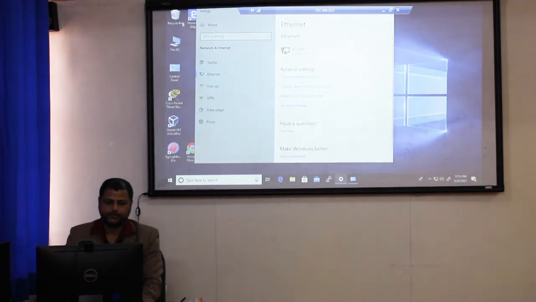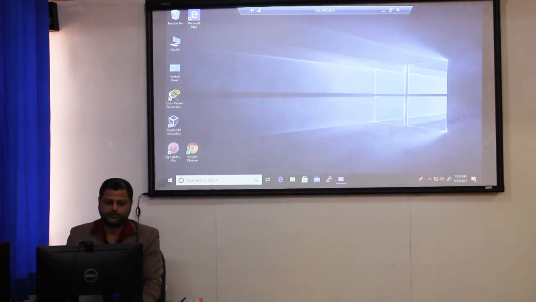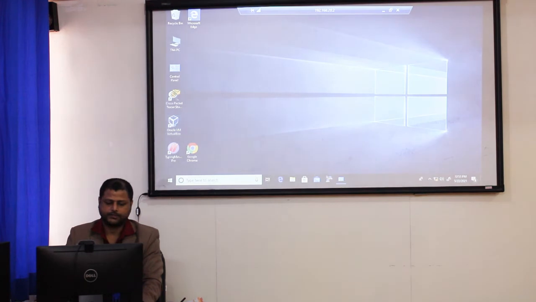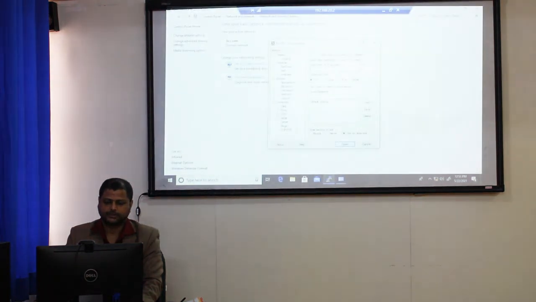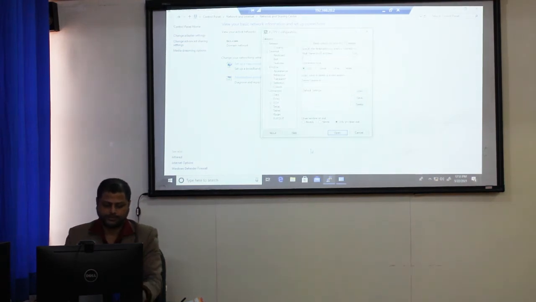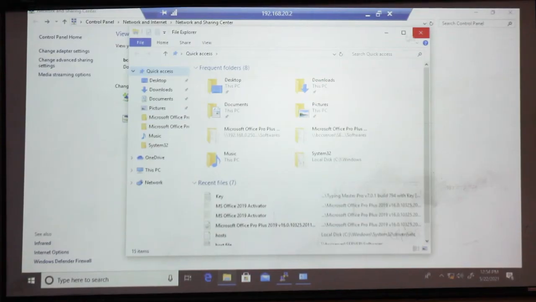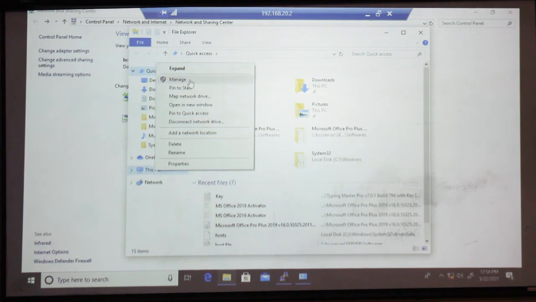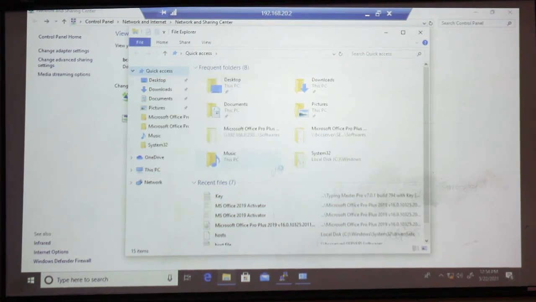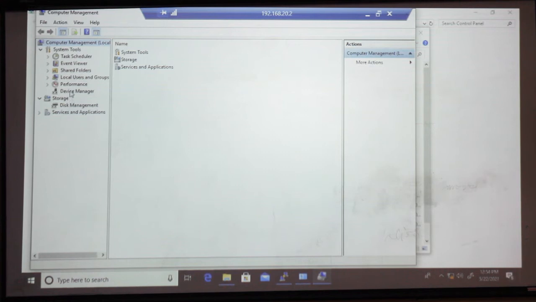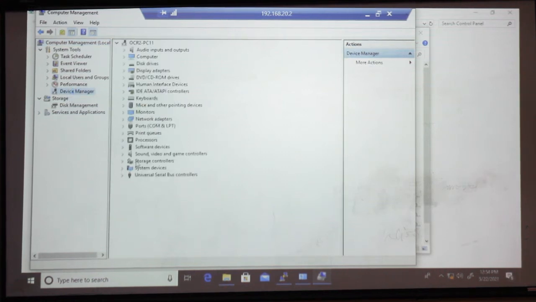You can see here is the Ethernet configuration. We will connect the emulator application, through which we will connect to the system. We will check that port. We have connected the port. We will go to the device manager and check the port of the local administrative port.